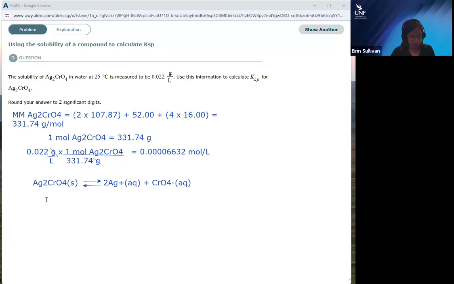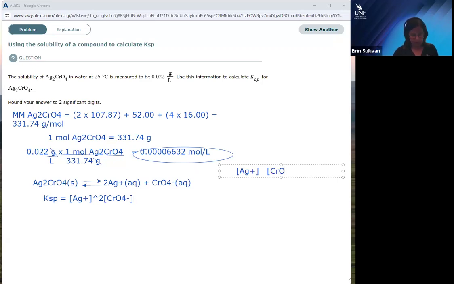So then I can write my KSP expression. My KSP expression is going to be the concentration of silver plus at equilibrium raised to the power of 2 times my concentration of the chromate ion at equilibrium. So I can just substitute this in, okay? But let's be a little bit cautious with the stoichiometry, okay? So this is going to be whatever X would be in my ice table, right? So if I'd done an ice table where I was solving for the concentration of silver and chromate,